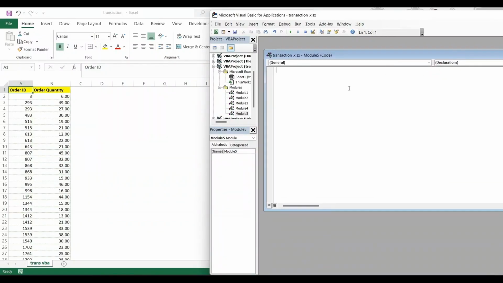So to bring out a copy, we start with Sub CopyPaste. Then we go ahead to